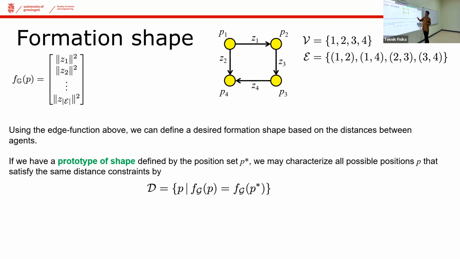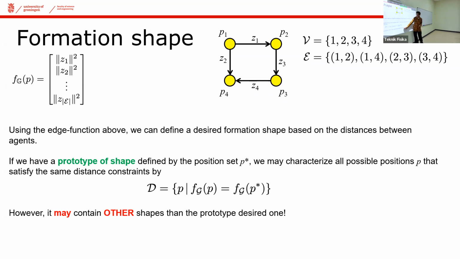So that means if this is our prototype, then if I define this in another space, I could define another shape of a square, even though it is rotated, but as long as they have the same distance of 1, that belongs to this set. You could also define another placement with a different orientation that also belongs to the shape that is admissible in our formations. So you can imagine that this set is actually an infinite-size set. Yeah?